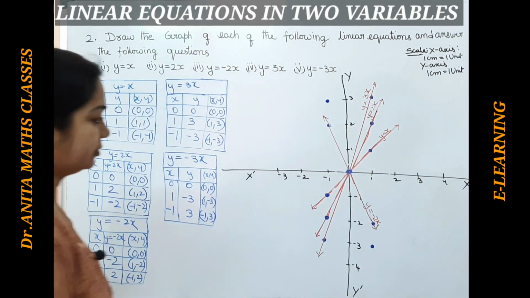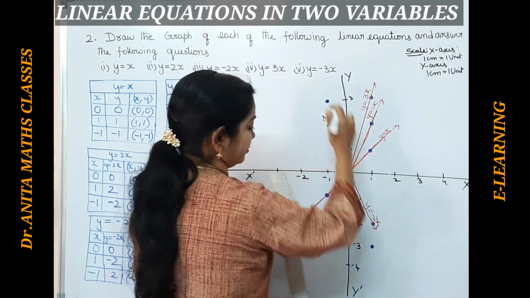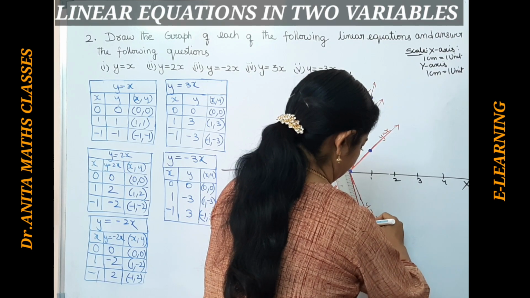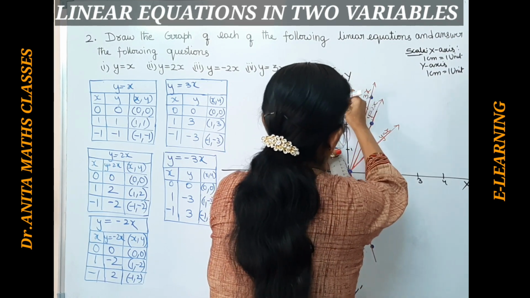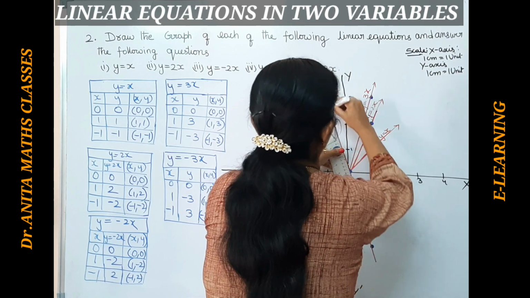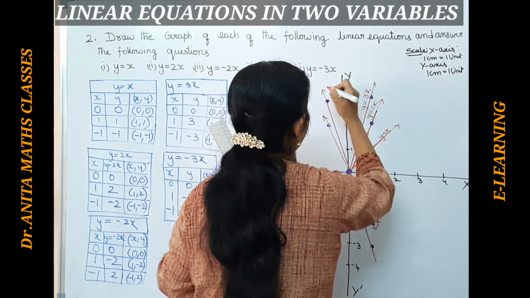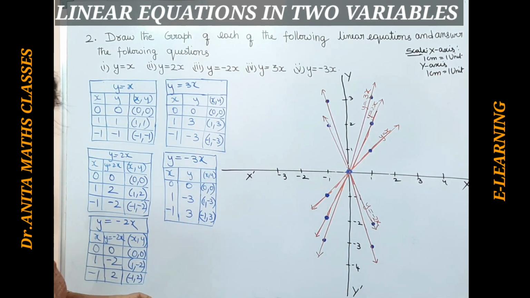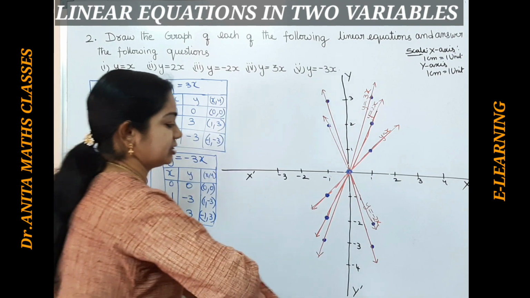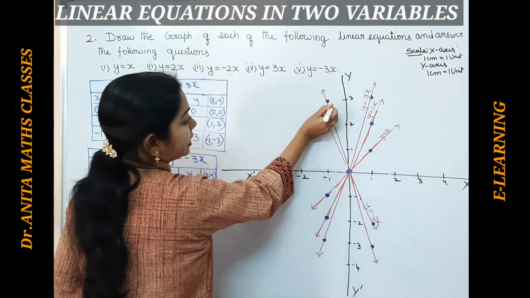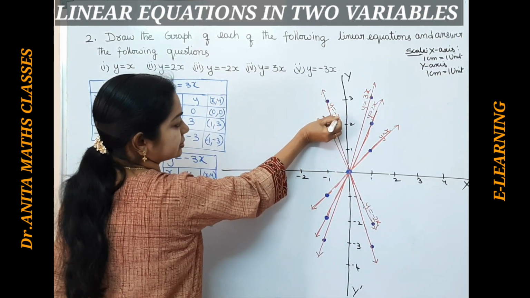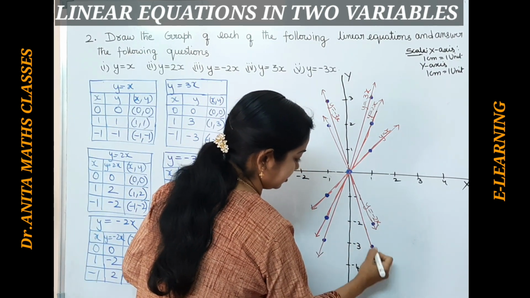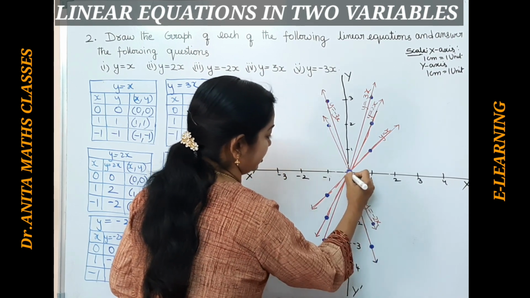Now try to join these 1, 2 and 3 points. First join till the origin, and join it here. My board is not a graph sheet, so it may not come exactly, but if you draw on the graph sheet, you will get it exactly. Here mention it immediately: this graph is y equal to -3x. So these are the points 1, 2 and 3.